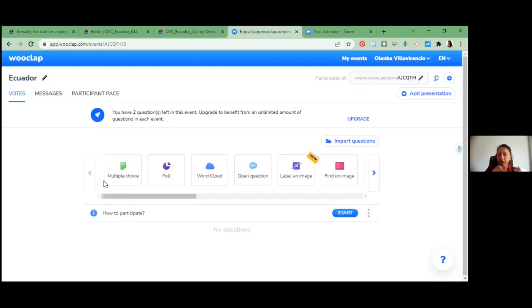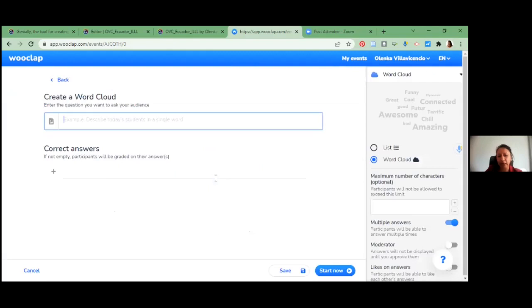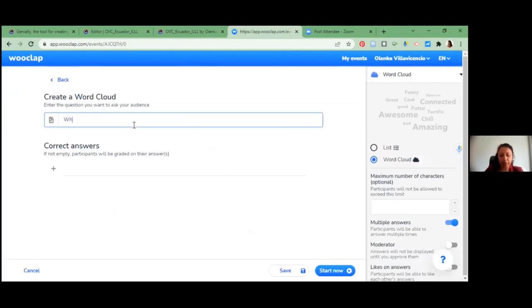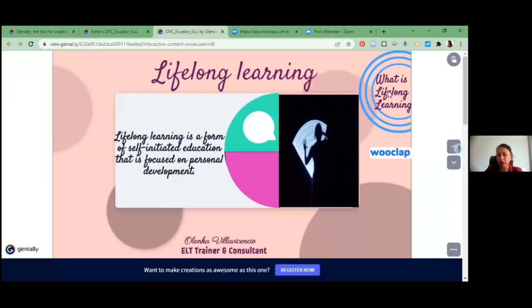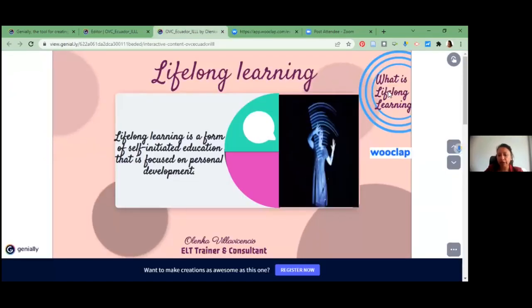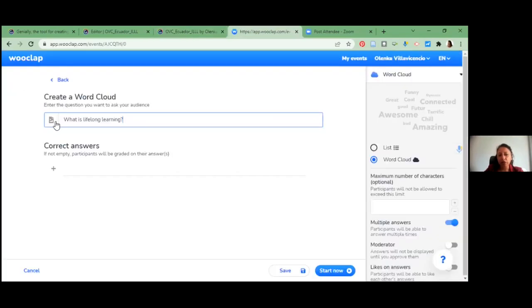I have a variety of different tools. For example, I love this workout, and I put here, what is lifelong learning? Okay, immediately we are going to put here what is lifelong learning. You are going to put a picture if you want, or if you don't want, you don't do anything related to that.